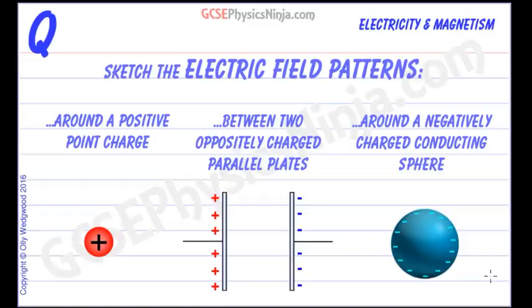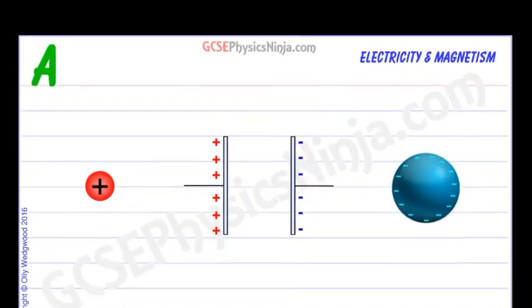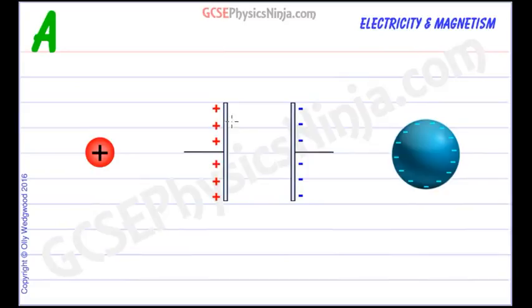An electric field is a region in space where a charge experiences a force. And we can draw electric field lines around charged bodies because these field lines show us the direction of the force on a small positive charge. So it's worthwhile just making a quick note of that before we start to sketch these electric field lines in these three cases. So we can write electric field lines,